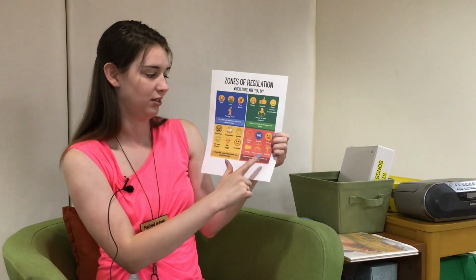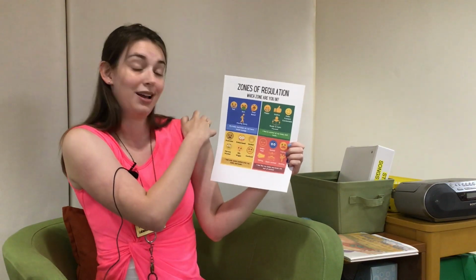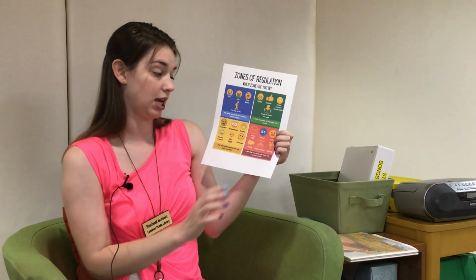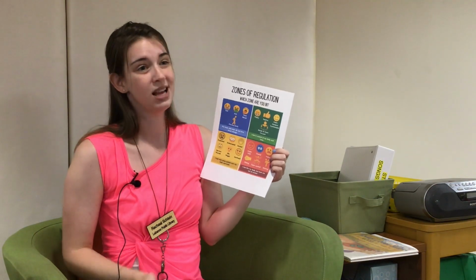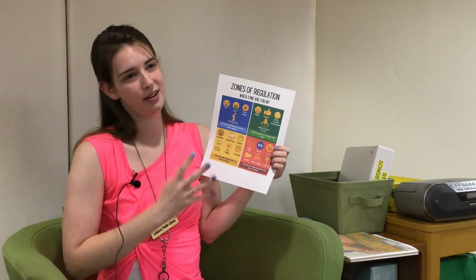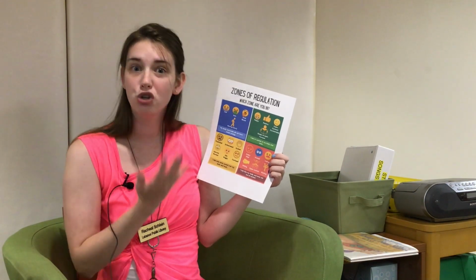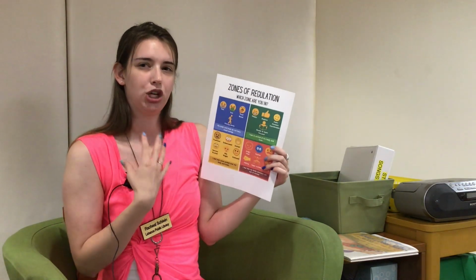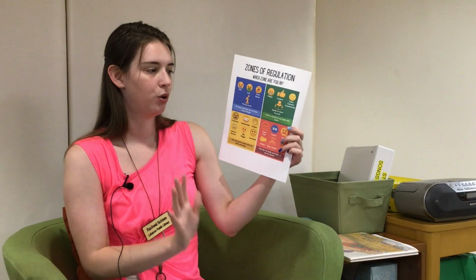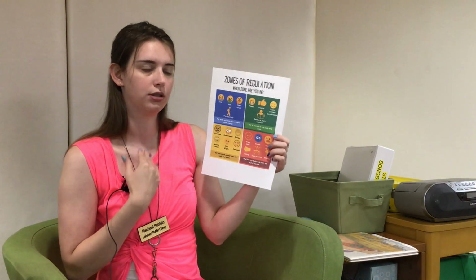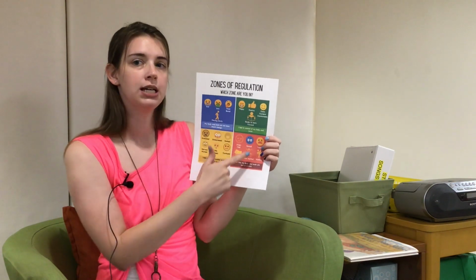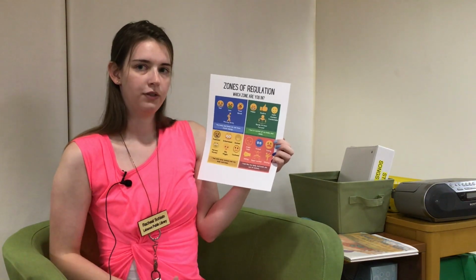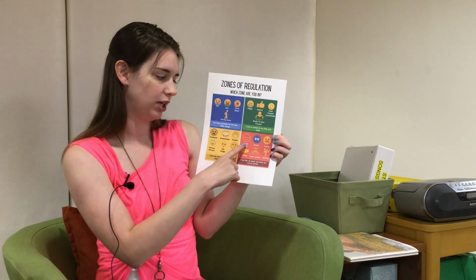And then last, we have this red zone. This is when we might feel like we need to clench our fists or our bodies are really tense. This feels like your body and brain are out of your control. Like if you're kicking or hitting somebody, that feels like your body is not in your control because you know that you don't want to hit or kick anybody. So it feels like your body's kind of taken over. But we know that we have control over our emotions and our bodies, so we can try those strategies to get from this red zone to this green zone. So some of the feelings and emotions you might feel in the red zone, you might be angry or mad.